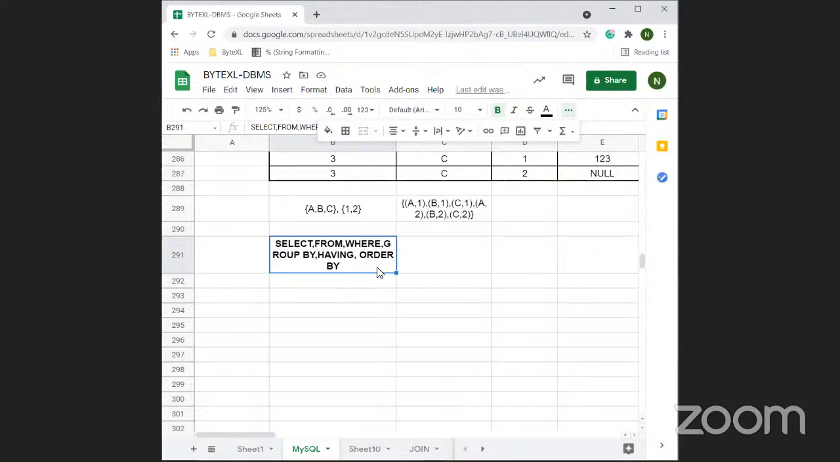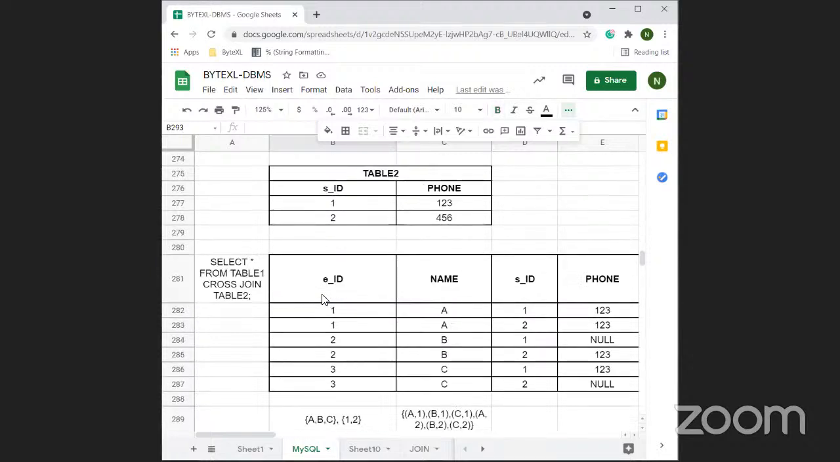Where is used for a condition where a certain column value is greater than some value, less than some value. Only those particular values we will be considering. Then group by. What and how this group by will work is, suppose if I want to count